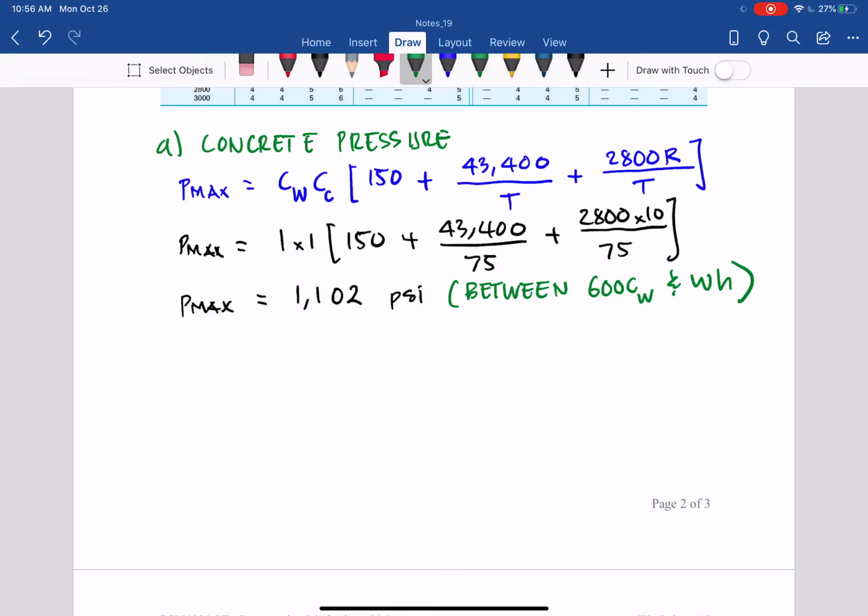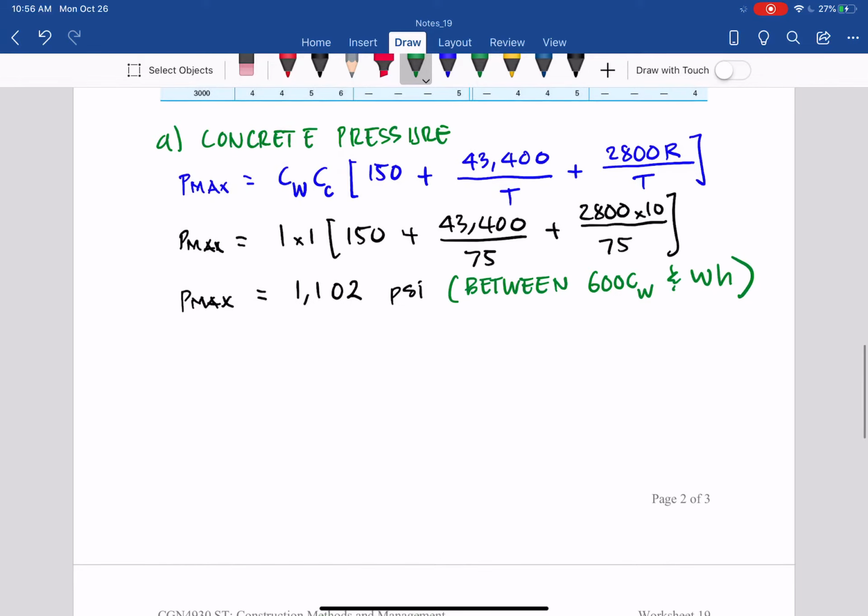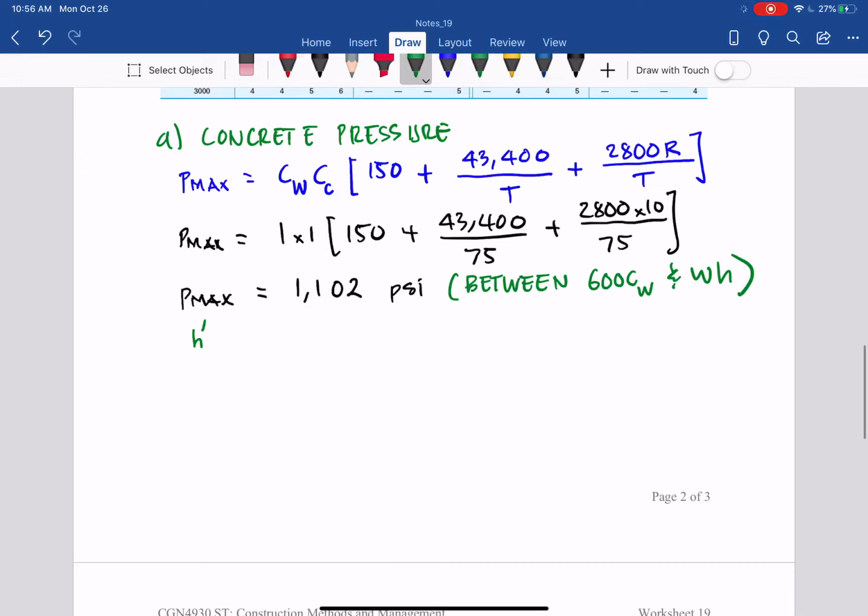Then from that we can determine the height h to get the P max. If you recall, that is h' equal to P max over